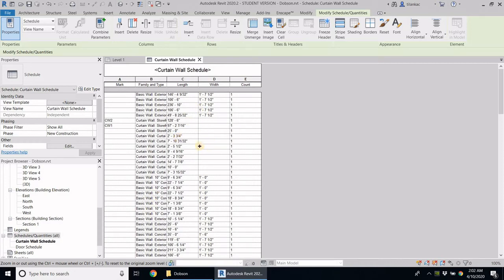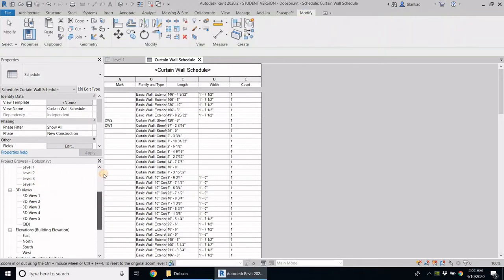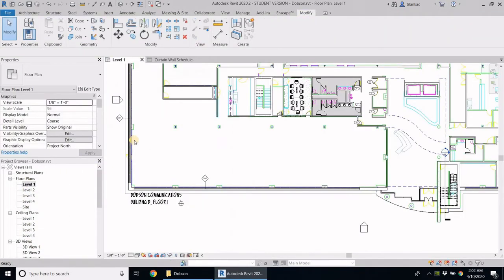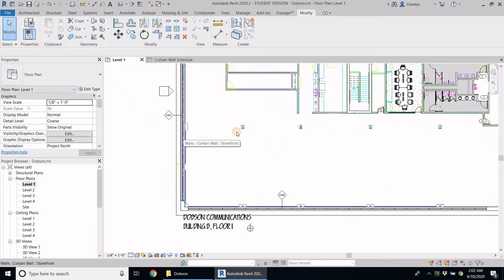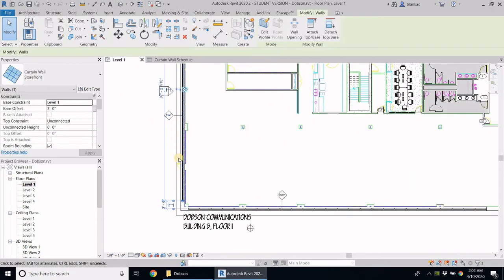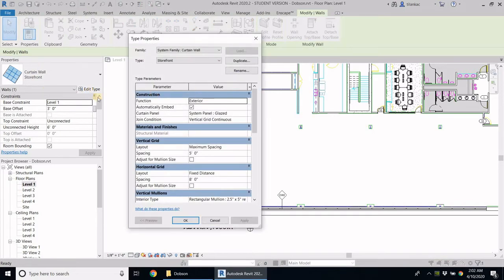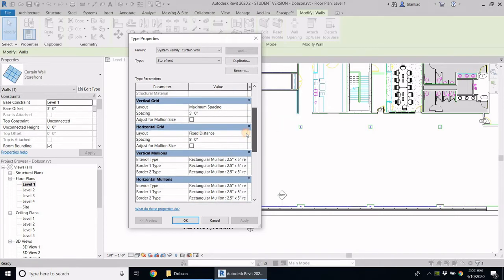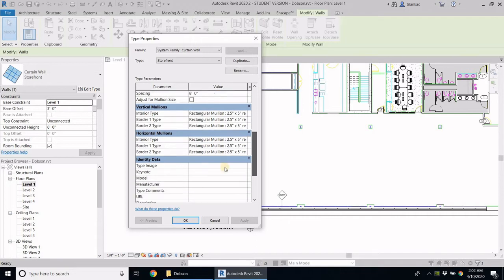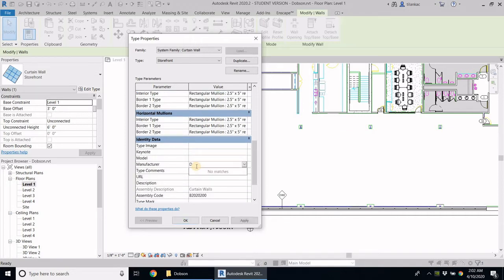So there is a small trick that I'm going to use in order for us to filter the other walls off. What I'm going to do is go back to our drawing, and I'm going to add a manufacturer for these glass curtain walls. So the manufacturer, go edit type. It's a type level modification, so it's going to apply to all of the glass curtain walls that we have. So I'm going to add a manufacturer type here. In this case it's going to be Dobson. I'm just going to OK,